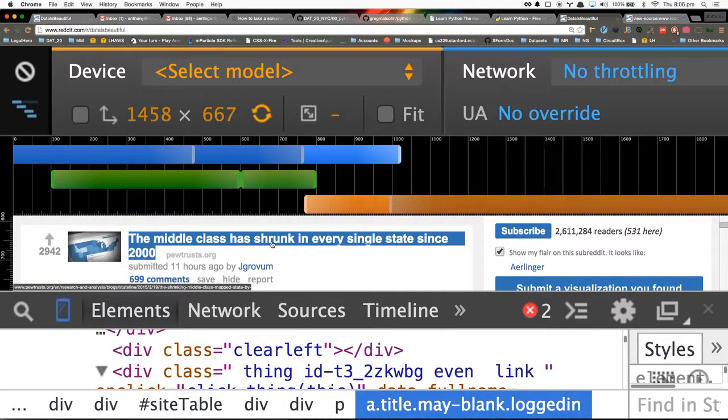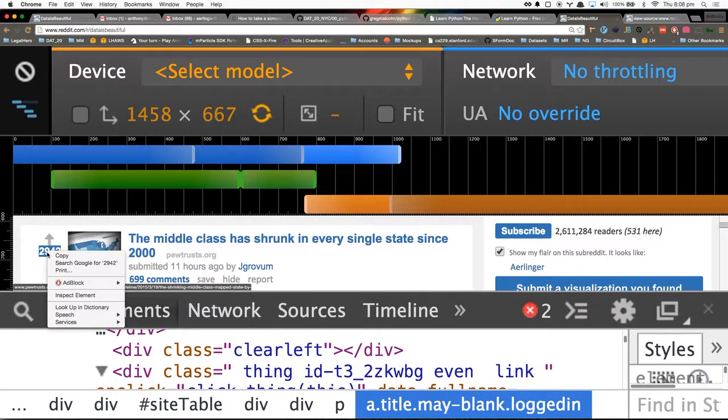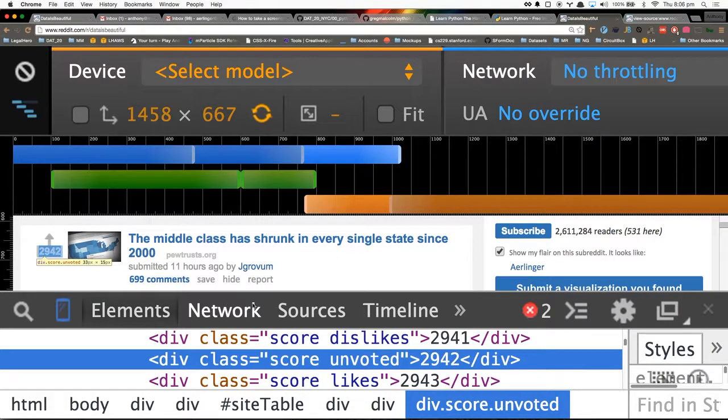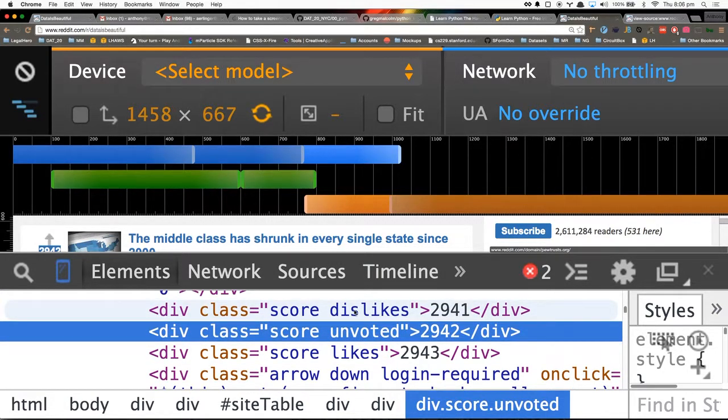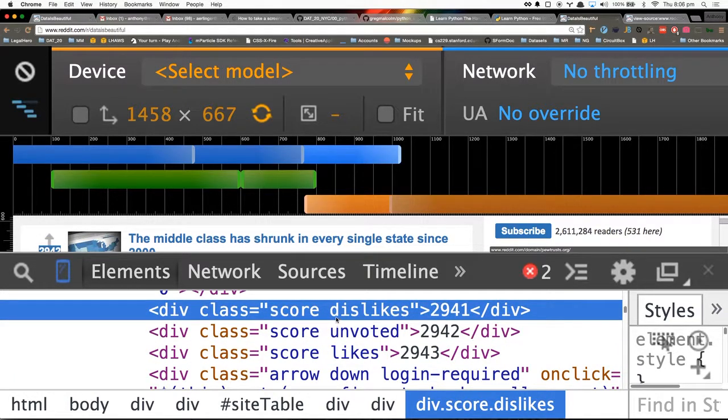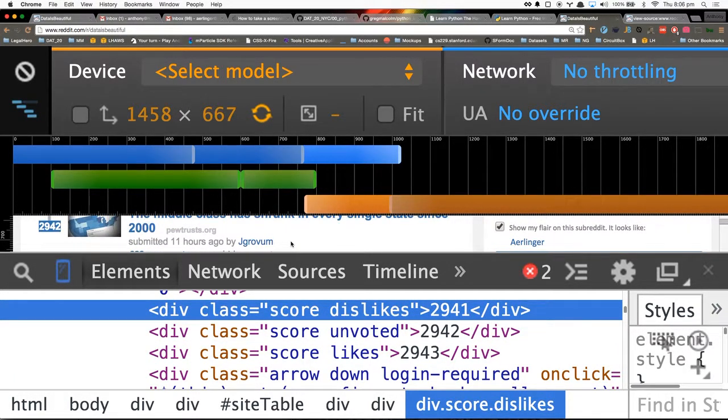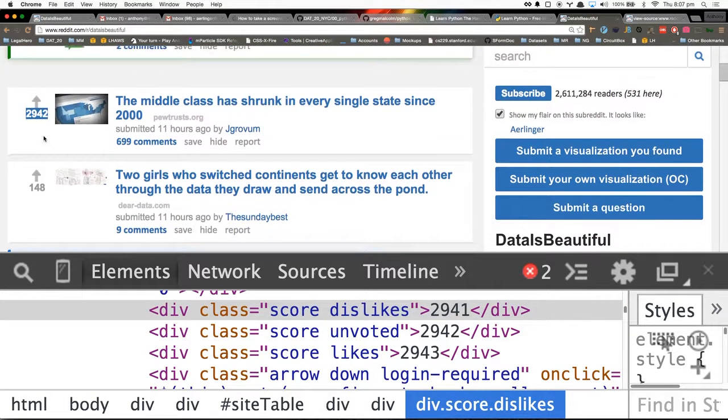So one of the attributes we care about is this upvote number, right? If we were to right-click anywhere on a page, you can see the actual elements of the page that make up that text that we're looking for.